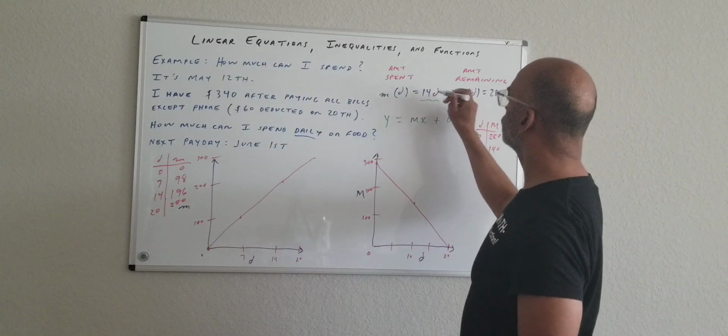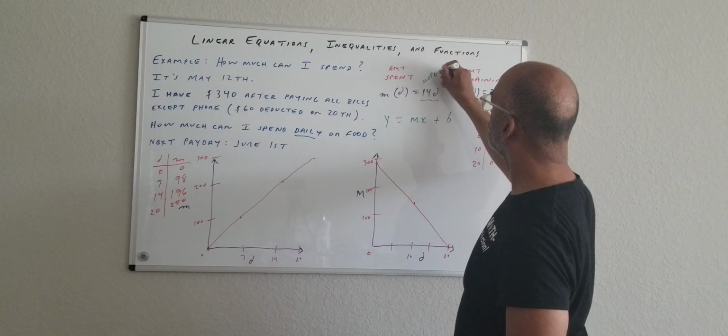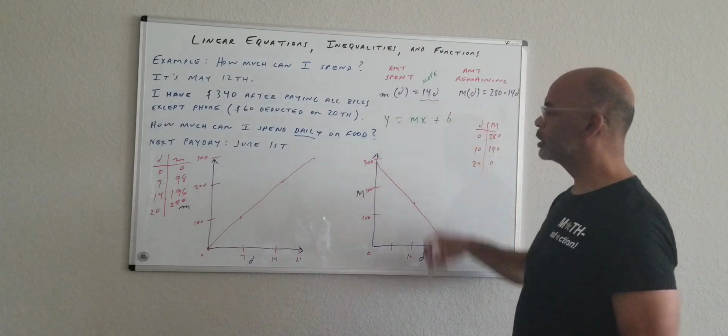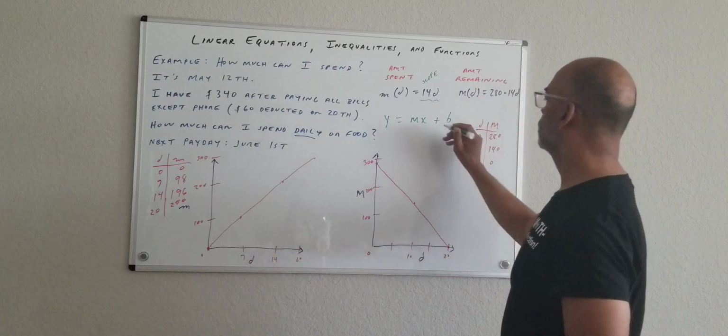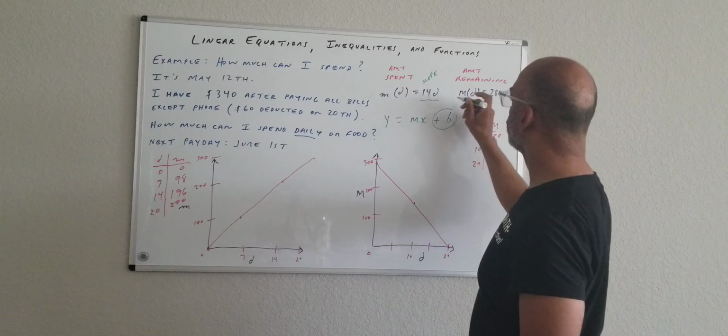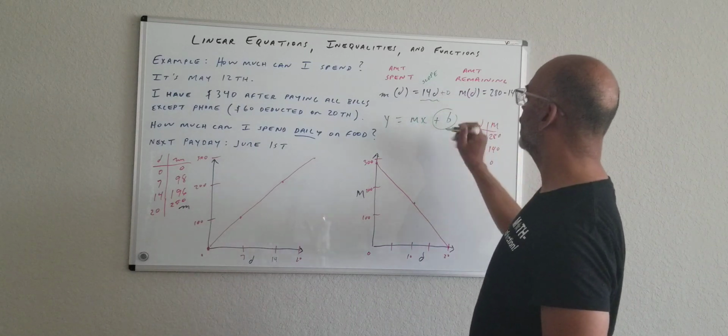Here's our mx, which means 14 is the slope. Positive 14, we have a positive slope, so that checks off. Now the plus b, there's nothing back here, so we're plus 0, which means the y-intercept,